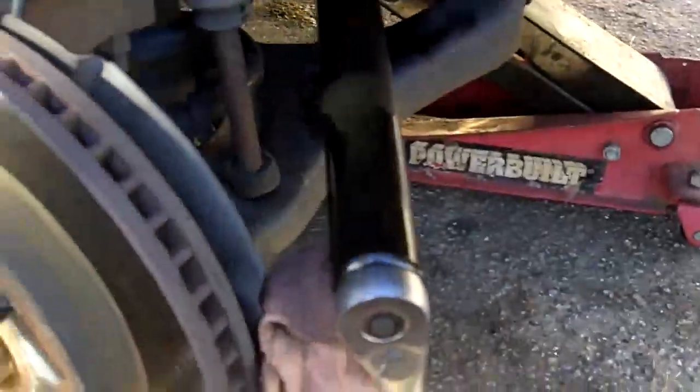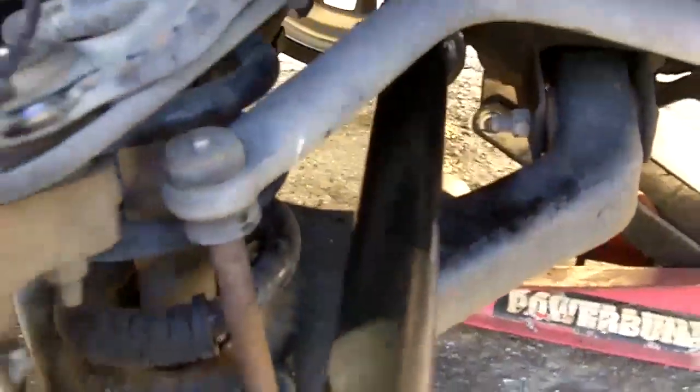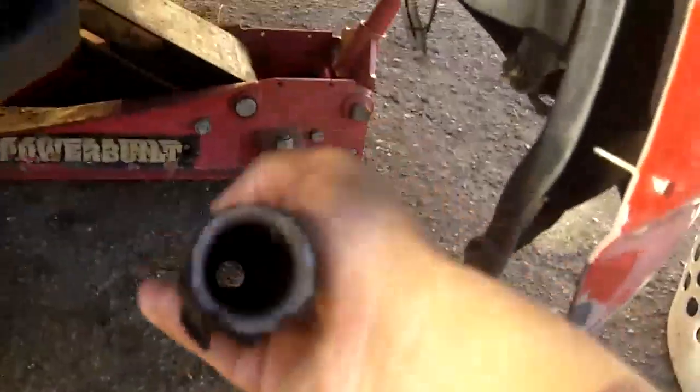Okay, earlier I took off this tie rod end here. This is the old one. And I started to screw on the new one here. But before I did, I wanted to show you a trick for getting something off that is real tight. You're gonna need some leverage, which is this bar. You can call it a breaker bar or whatever, but all it is is a big pipe. That's all it is. What you do is you put it on the end of the ratchet,